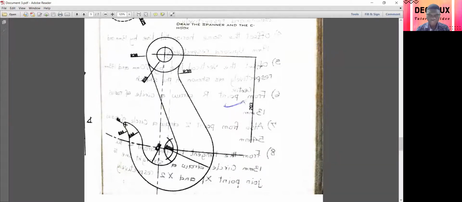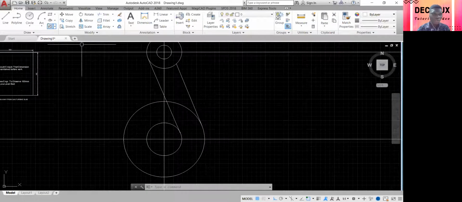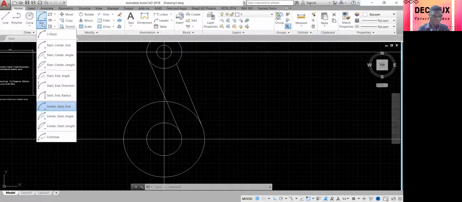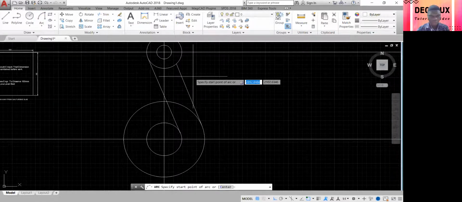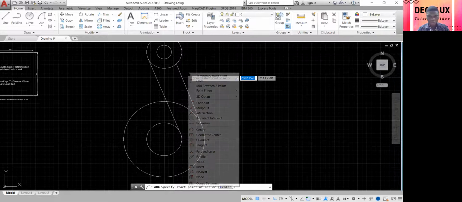Let me put my spotlight. It's going to be tangent to this line. Maybe it's going to be the start, end, radius. That will be start, end, radius. So let's look for that arc from the list of our arcs, start, end, radius. You see the drop down of arc. We have start, end, radius. This is a better one. So I'm going to start. Where am I going to start? I'm going to start with override